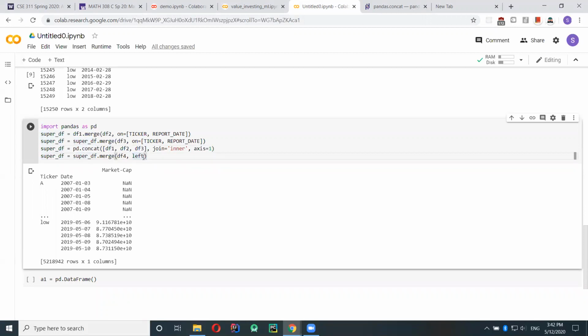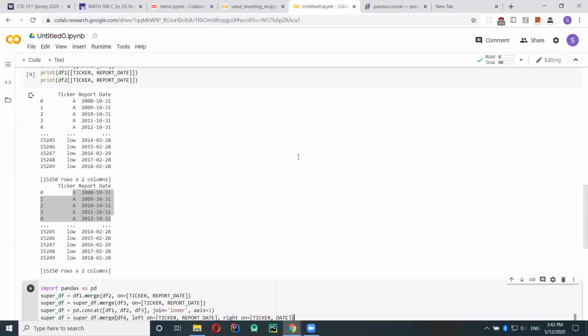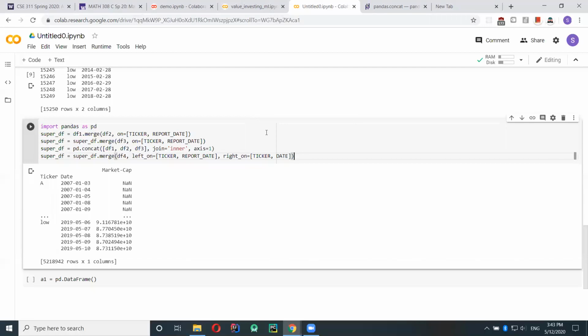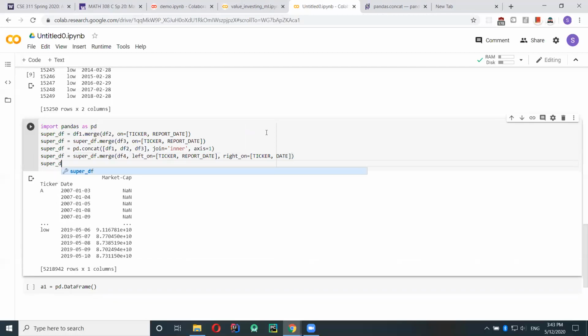So instead of just doing on, we need to do left on. So we can just copy this from before. And then on the right on, you guys saw earlier, it says date instead of report date. This is also stored as a string constant within the symfin.names thing. Okay, let's look at what the super DF looks like now.